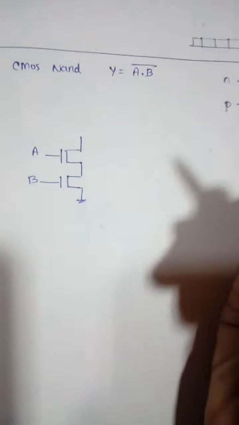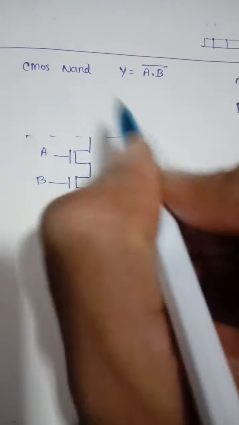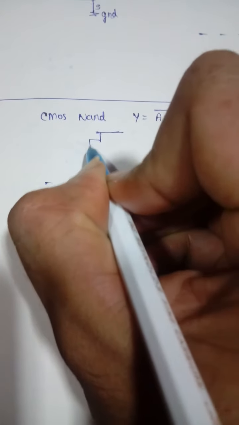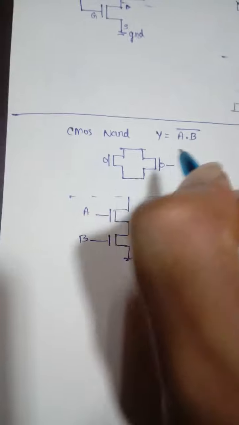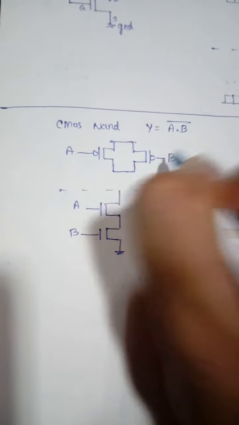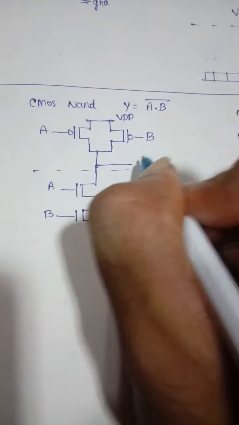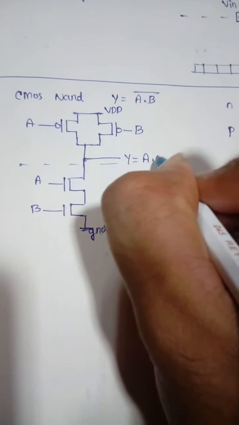So let me name it as transistor A, and let me name this as transistor B. So whatever I'm doing is below the demarcation line. So you don't have to draw the demarcation line whenever you're drawing the circuit. Just for your understanding, I'm just drawing it. Now let me draw the P transistor. As I told you, the P transistors should be connected in parallel with each other. So these two transistors are parallel with each other. Let me name this as transistor A, and this as transistor B, and I'm connecting to this. So this point will be VDD, this point will be the ground, and I'm taking the output here, which is nothing but Y is equal to A dot B the whole bar.